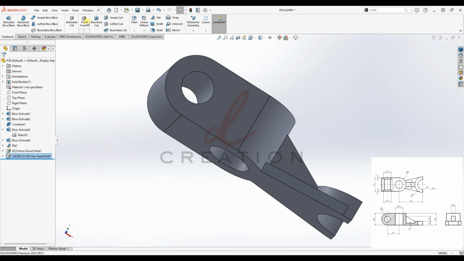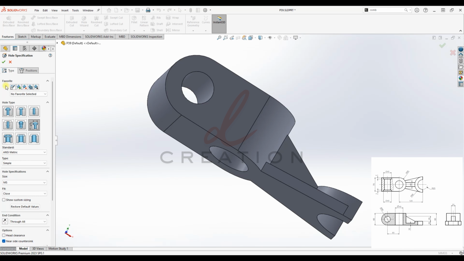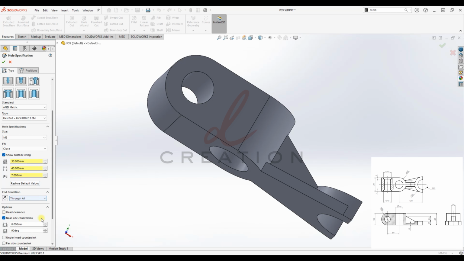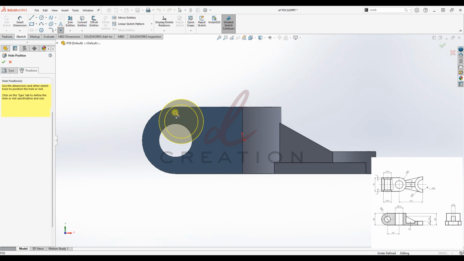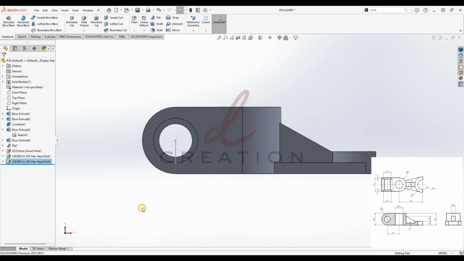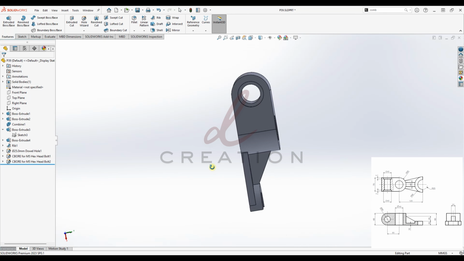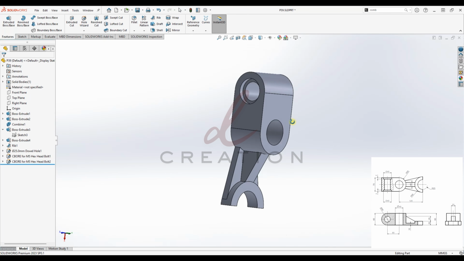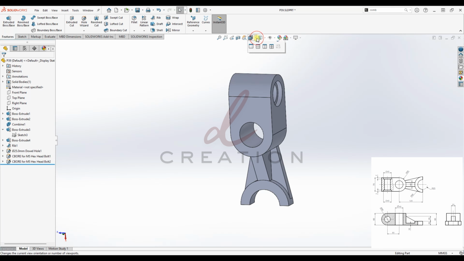Okay, again we are going to use the hole wizard, hole type. This one is the counterbore. Click on customizing: 30, 40, and 7, through all. Then position, click on this face, find the center, and so we successfully create the counterbore hole at this face and this face. Now you can see that we complete our